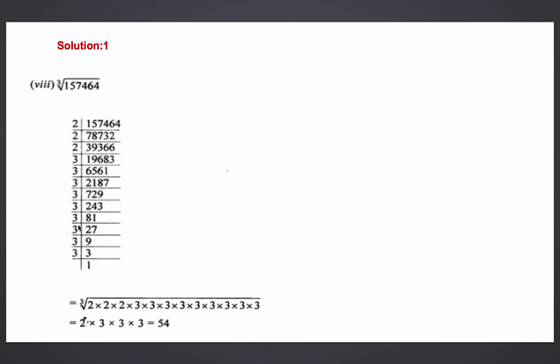Again the prime factorization is the first step. Do the grouping. 1 2 3 triplet is formed. 1 2 will come out. Next again 3 forms a triplet. 1 3 will come out. One more triplet is there. One more 3, and the last is also formed. So 3 is coming. 1 triplet of 2 and 3 triplets of 3 are formed. You can see that. So 2 into 3, 2 3s are 6, 6 3s are 18, 18 3s are 54. So we can say the cube root of the number 1,57,464 is 54. Clear, students?